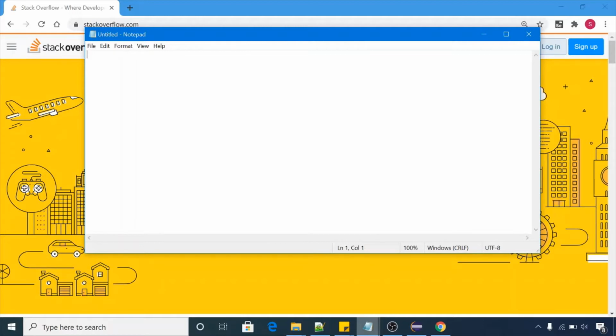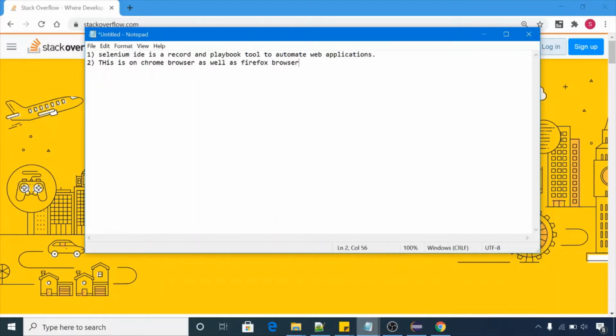Let me first give you a brief about what Selenium IDE is. Selenium IDE is a record and playback tool to automate applications. It is available on the Chrome browser as well as the Firefox browser.